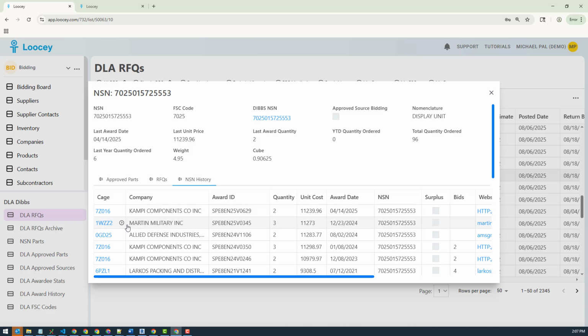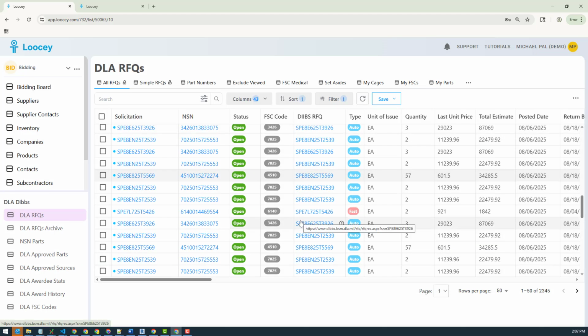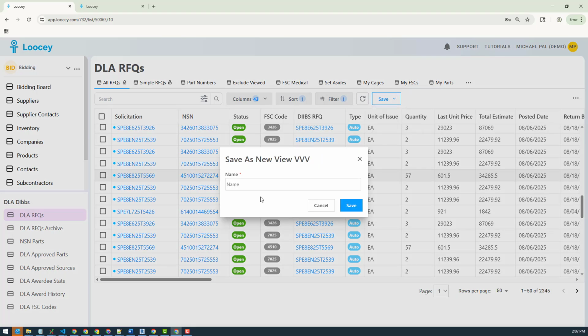As you can see, for this company now, they could be losing out on a lot of contracts, right? Unless they know how to do this. Doing this manually is a pain, unless you have a really advanced, in-house team of developers to do this for you. It's almost impossible. So with our system, within 10 seconds, we were now able to search this, and now I could save this as a new view. I'm gonna call it my award